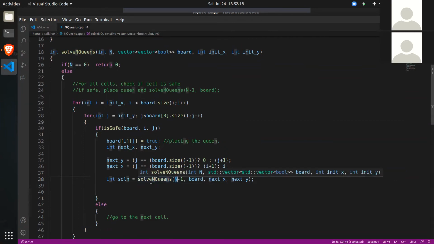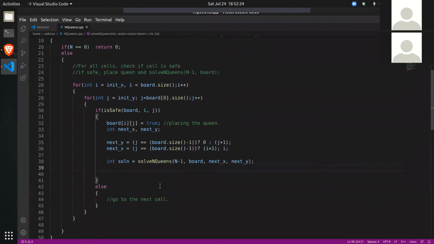But if it is not possible, what will the child do? It will simply return -1, right? So if solution is double equal to -1, that means placing the 6 queens is not possible with the current configuration. What will we do?